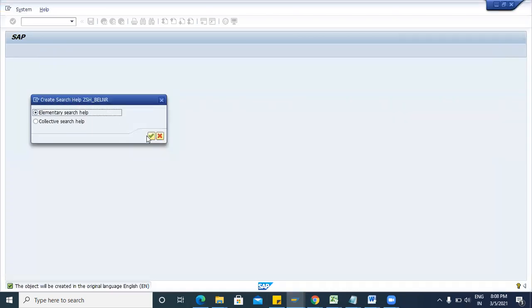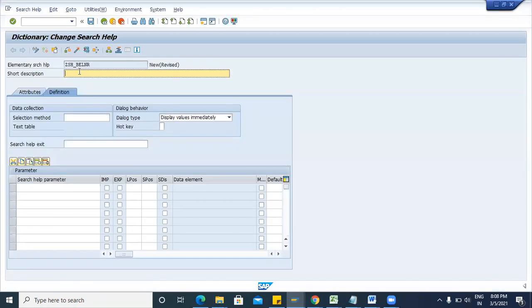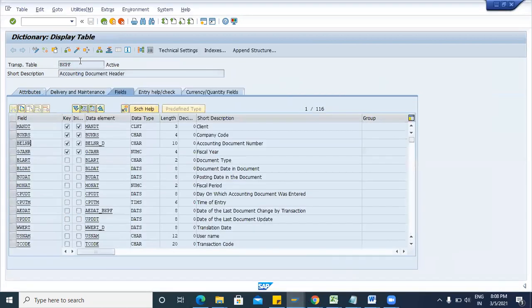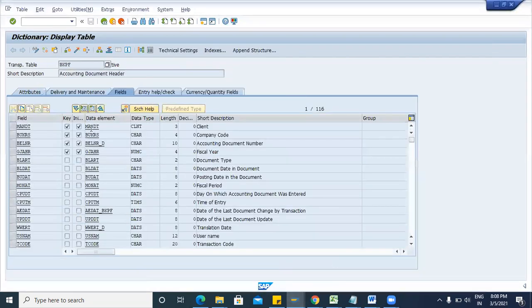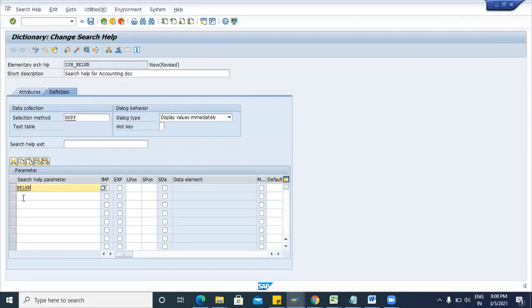Then next we will select the elementary search help. And here you can pass the description, search help for accounting document. Then in the selection method we will pass the table name. So here we are taking this table name BKPF. Then in the search help parameter we will pass the field name BELNR.